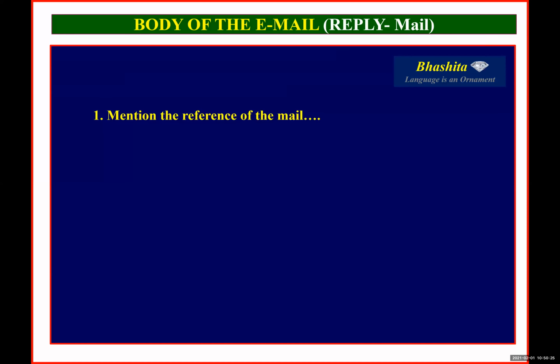First, you need to include the reference details of the mail which you have received. What are the reference details you have to mention? When did you receive that mail? On what time? You need to mention that, because the reader can understand, okay, he is having a reply to the mail which I forwarded to him yesterday. That clarity the receiver will have if you mention the reference details. Is that clear? That is the first element we have to do in the reply mail.